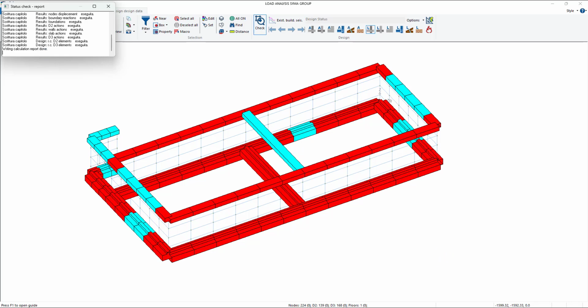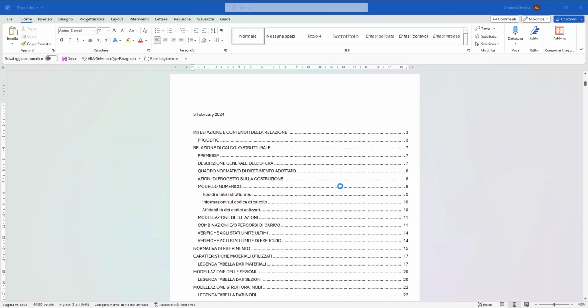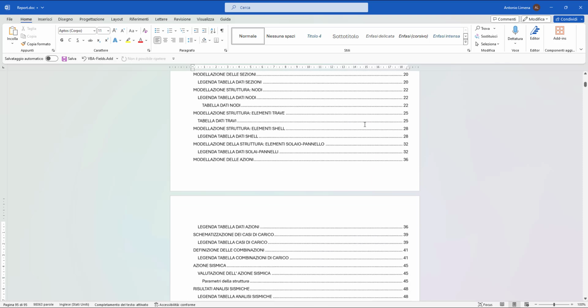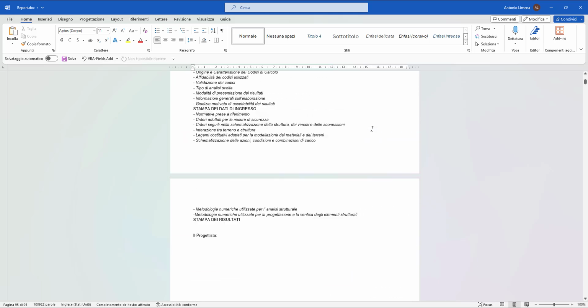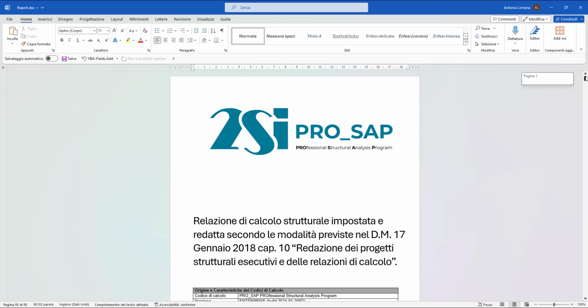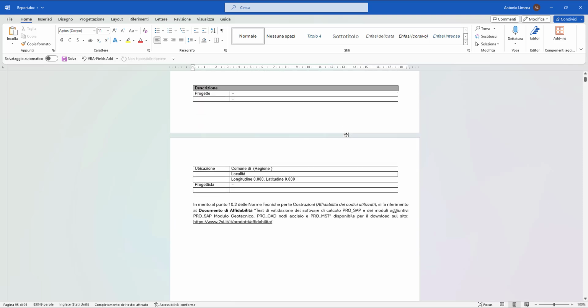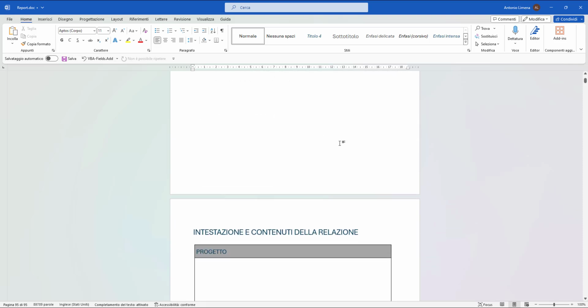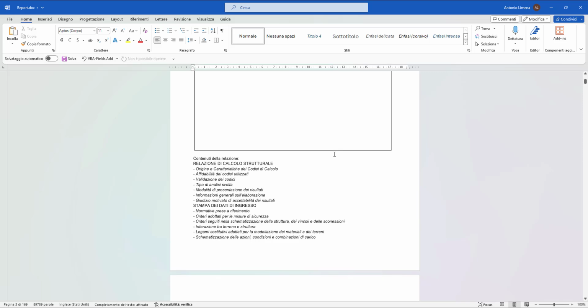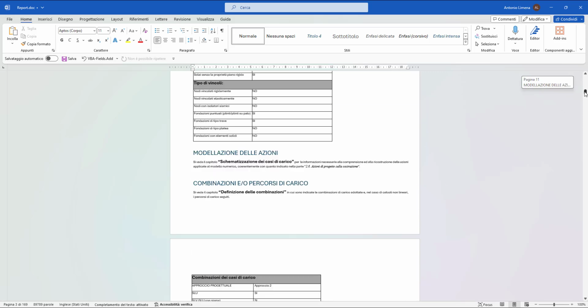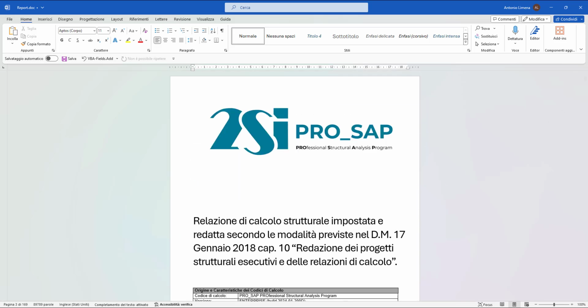Okay, it says that it's done. It should open automatically in Word, okay. And yes, from here you see this is the report. You have an introduction, and basically here you can find everything.